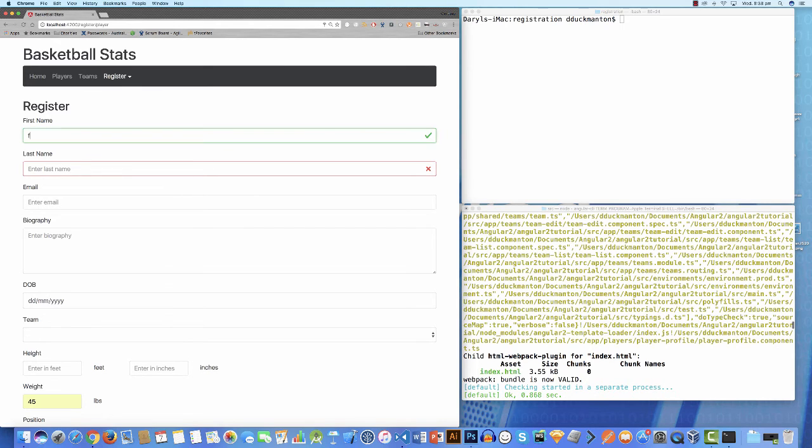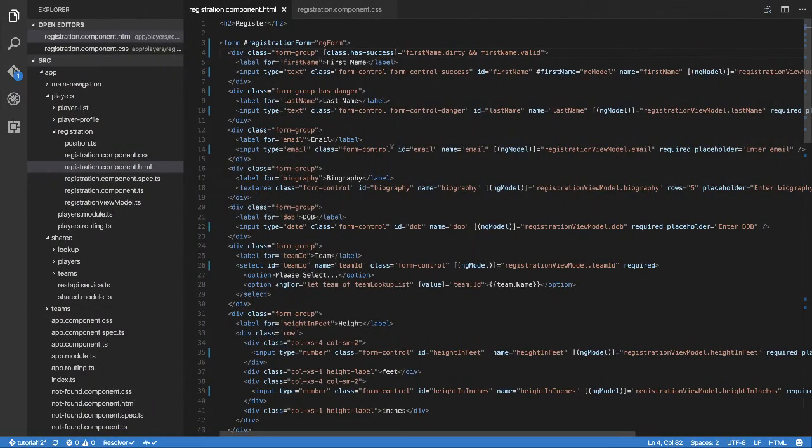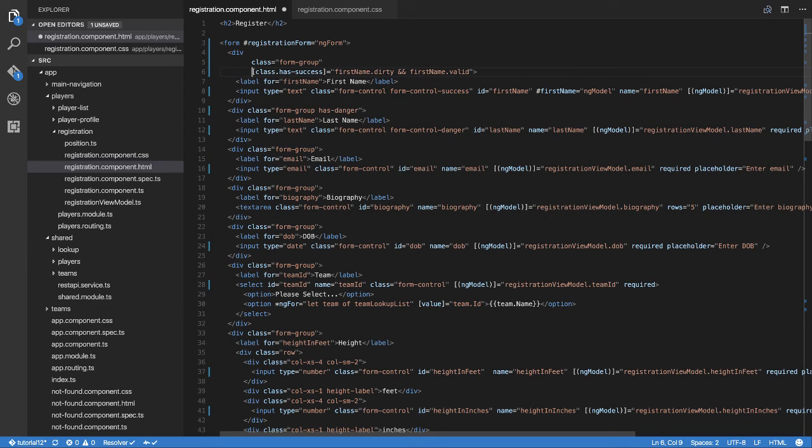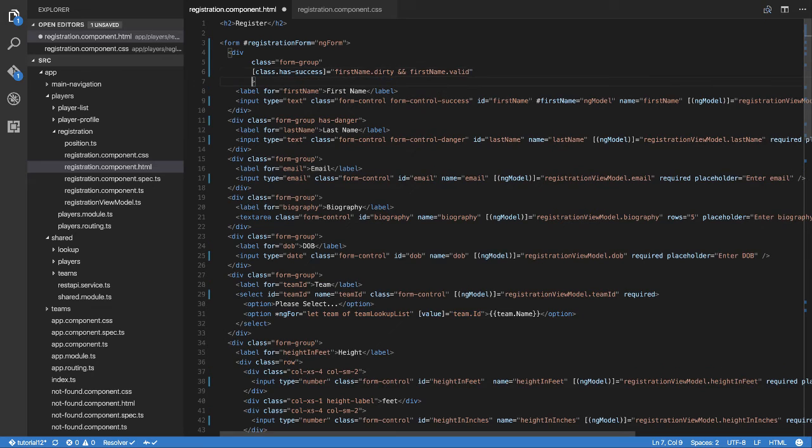Valid, invalid, valid, invalid, valid, invalid. Right? But that's not it. That's just one class. Alright, and what we'll start doing now is we need to probably, because these can get very long, you need to kind of start spacing them out and putting them down on